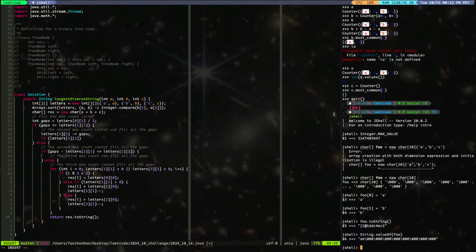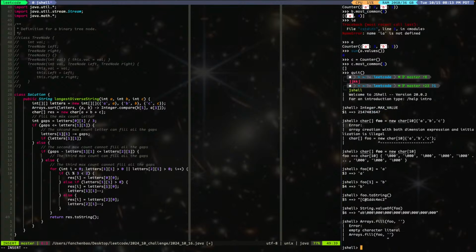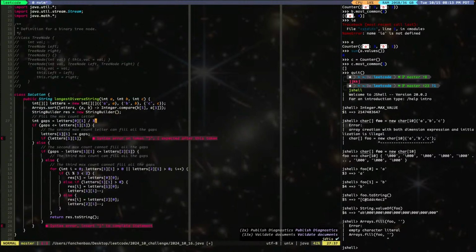Okay, how about this? Arrays dot fill. We fill it with, let's say, this. Empty character literal. You cannot even do that. Wow. Okay, this is kind of stupid. I don't like it anymore. Okay, so maybe we don't do it this way. Maybe we say StringBuilder. Okay. And then instead of doing this, we just say